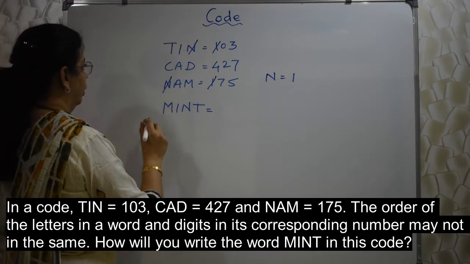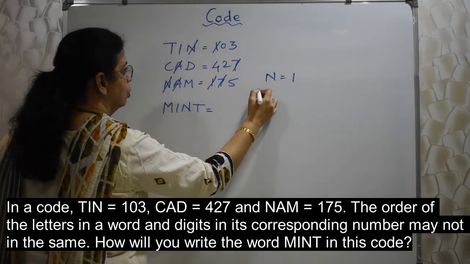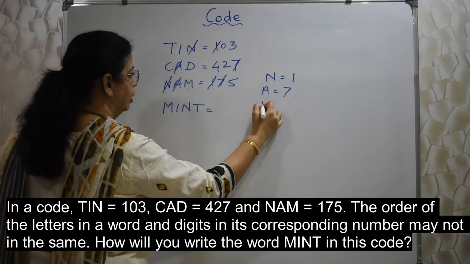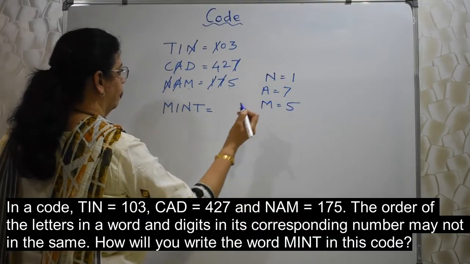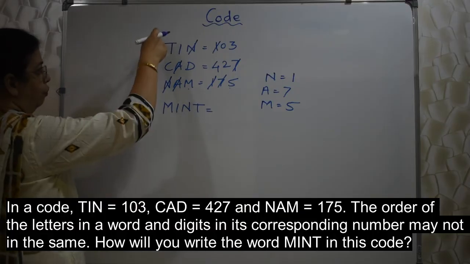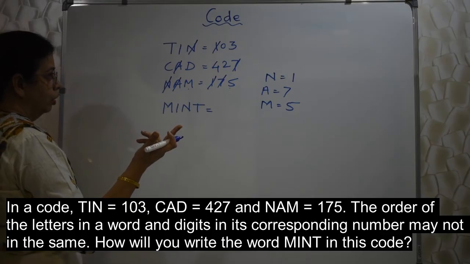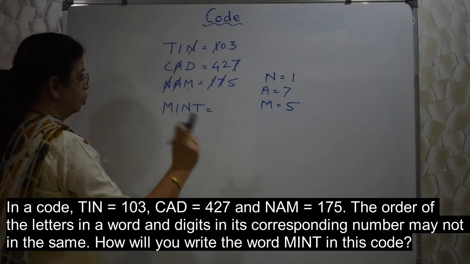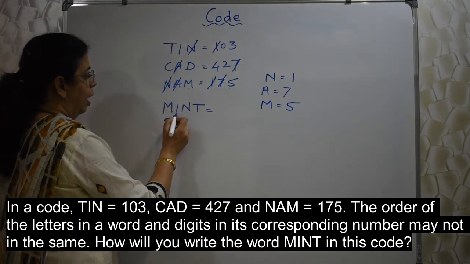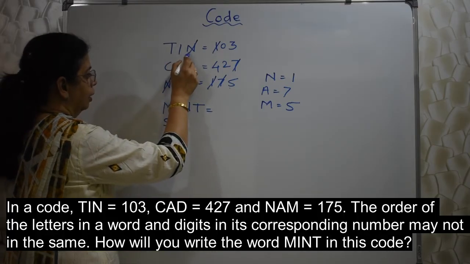Okay, then what? A is common here and 7. So A is equal to 7. Here 5 is alone, M is alone, so M must be equal to 5. Okay, now be careful. Now we don't find anything common after that. So what, we don't have to solve this, no, there has to be something. Observe, M we got 5. INT and TIN, aren't they the same?